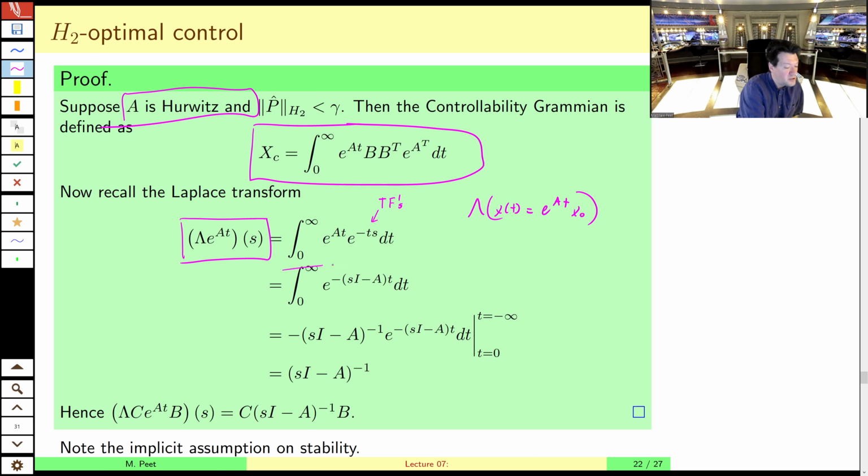And then integrating over time. So let's expand that out. Now we put the sI minus A in there. And we have the integral of this, but what is the integral of this? Well, if we multiply the numerator and the denominator by sI minus A,